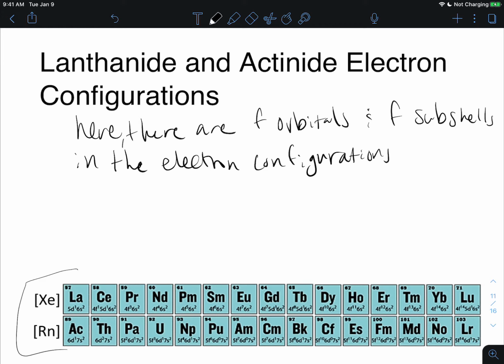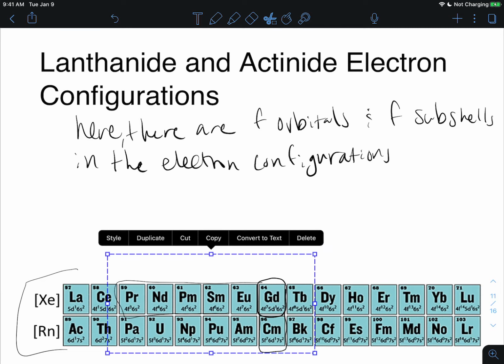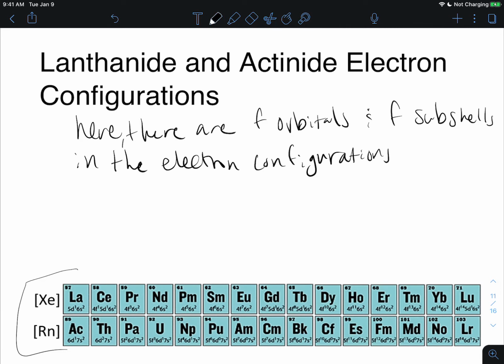The only ones that I want you to remember are gadolinium, curium, and then the normal ones. The only ones I want you to remember are gadolinium and curium because they follow